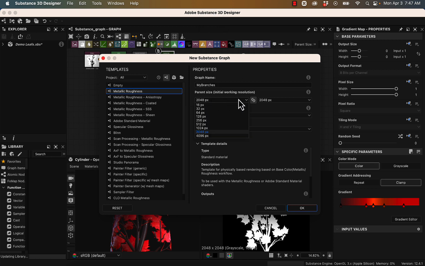For our size, so our initial working resolution, I'd like 2048 by 2048. Output format is relative to the parent, and create graph in a new package. You could also create like one giant package with multiple materials, but we're not going to worry about that right now. For templates, let's select metallic roughness